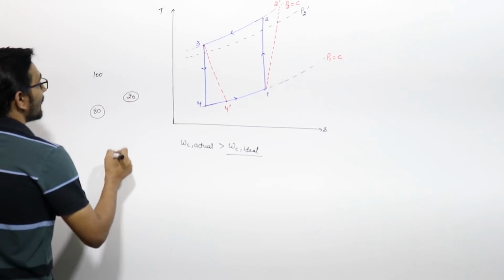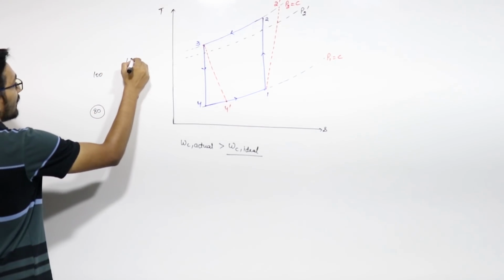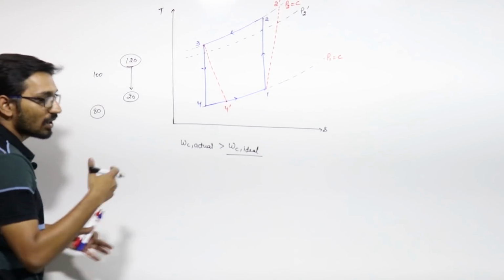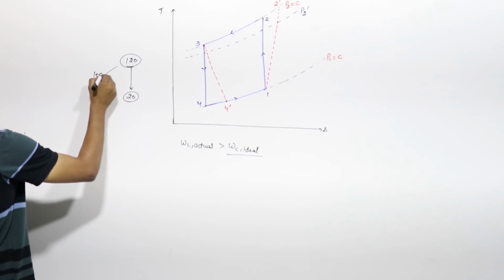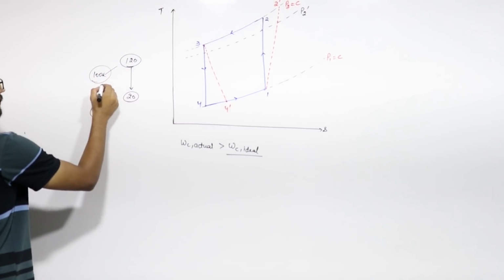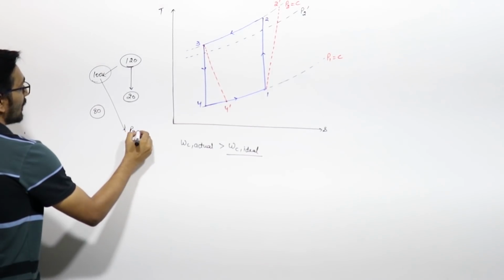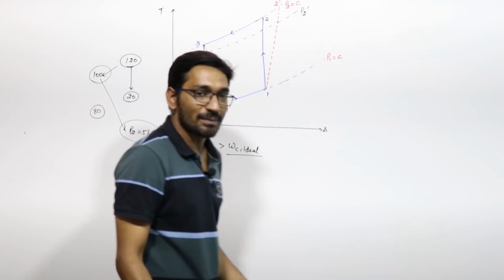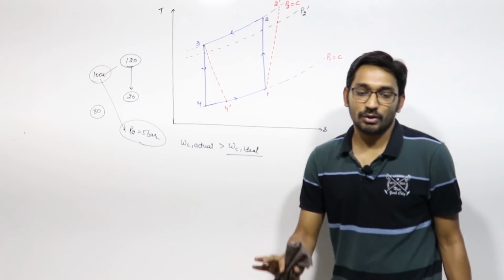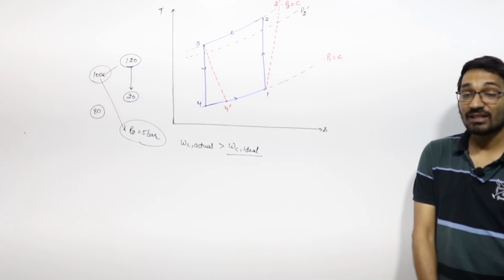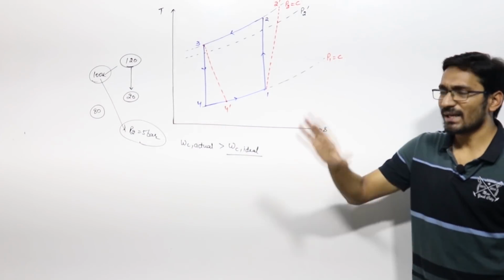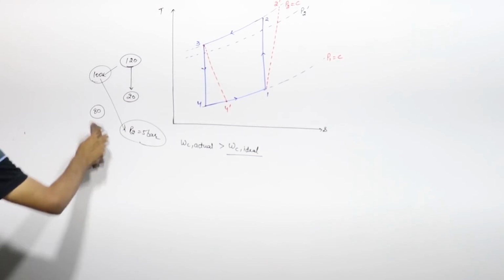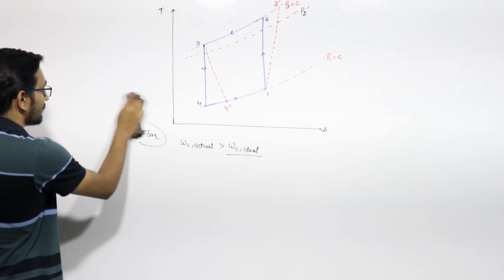So we can say that now we are giving 120 units because of irreversibility. Out of this 120, 20 units will be lost in overcoming the friction, remaining will be 100 units, and because of this 100 units we are getting P2 equal to 5 bar. This is the whole concept of compressor and turbine. We don't want to compromise with the pressure ratios. We want the same pressure ratio as in the reversible case. So in the compressor and turbine there is no loss of pressure.